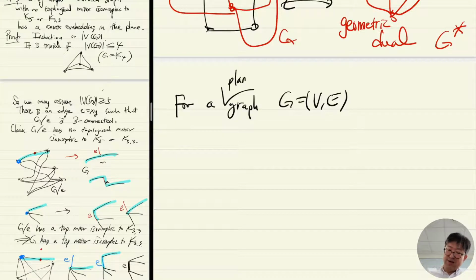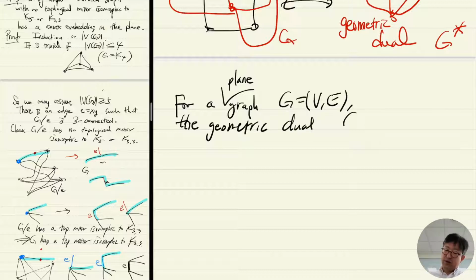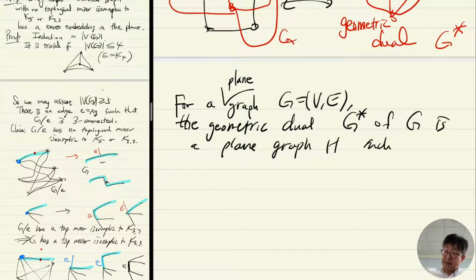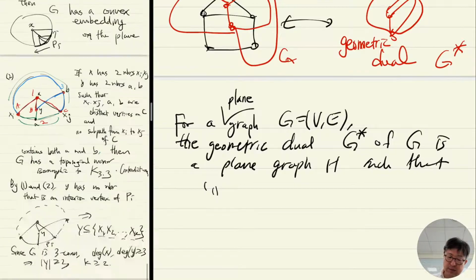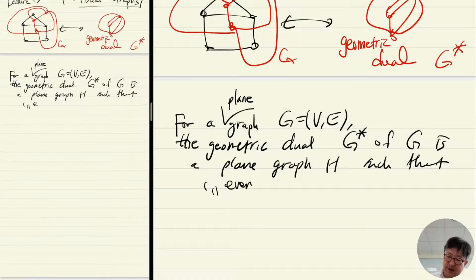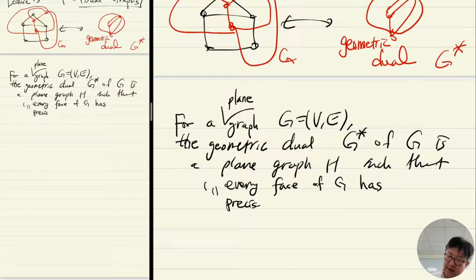For a plane graph G, because we want to fix an embedding, the geometric dual G star of G is a plane graph H such that every face of G has precisely one vertex of H,